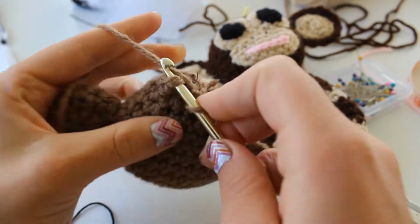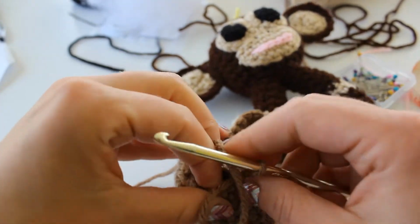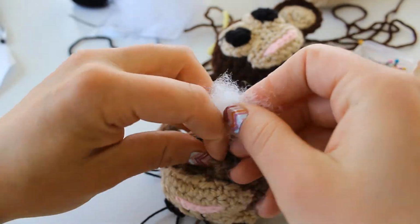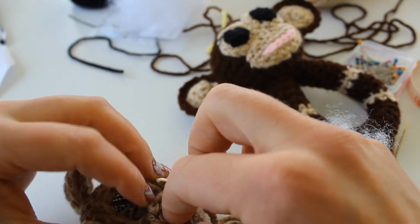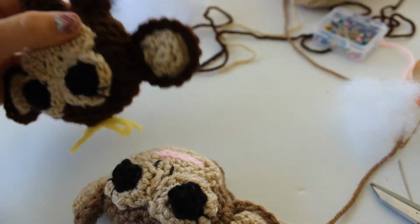crocheting all the way around. And as you go, it's gonna create this little tube. Okay, and you want to make sure and go ahead and stuff it as you go, because it's very, very hard to stuff it once you're all done. It's just a pain, such a pain. So go ahead and